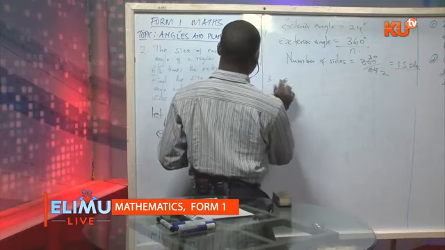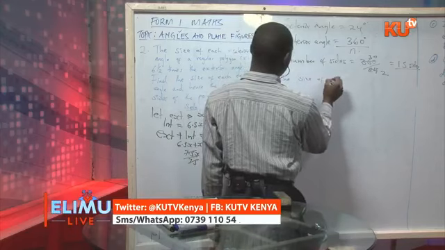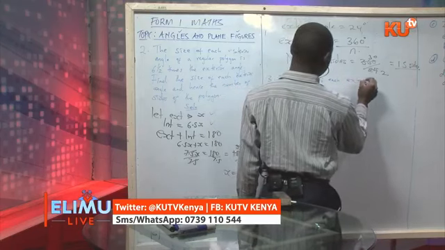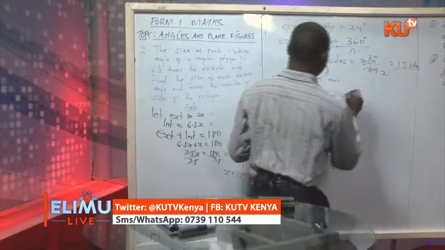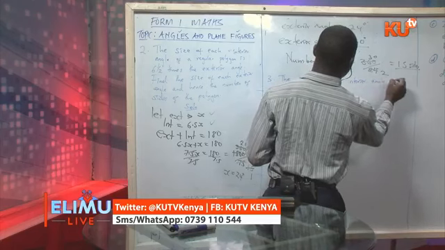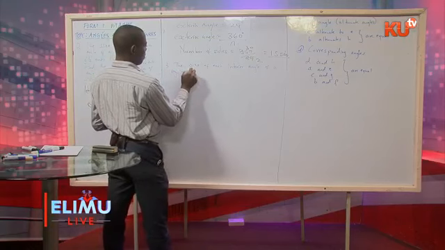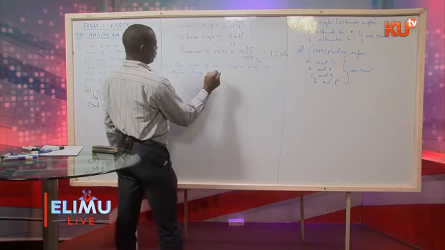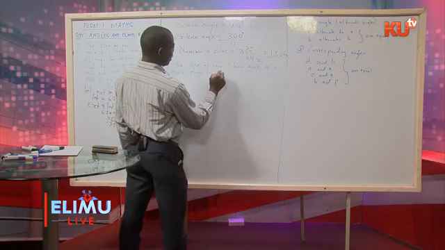Number 3, you're told that the size of each interior angle of a regular polygon is 30 degrees